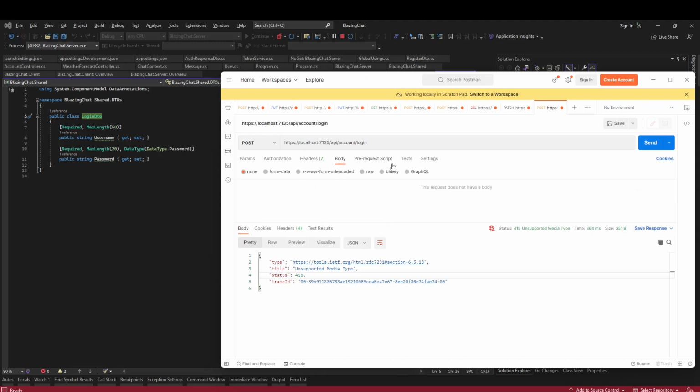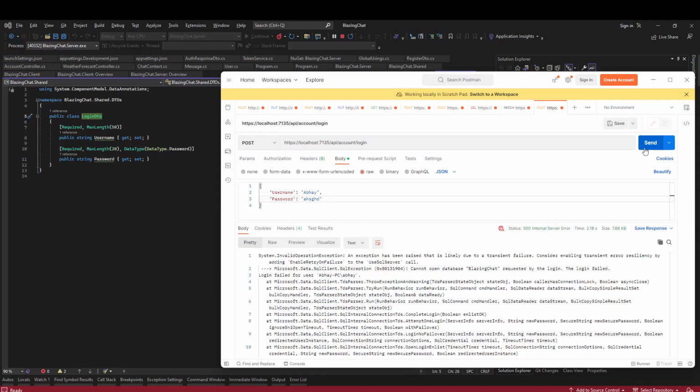So unsupported media type. Body, JSON, and we will have name, sorry, username, something, and then password, again some random string. System.InvalidOperationException, use SQL Server call, Blazing Chat, because